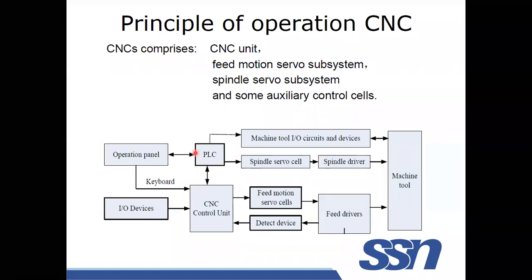Here PLC is programmable logic control. It is nothing but a switch actually. It can switch on or switch off the required operation in terms of a few megahertz per second, so it has a very high capability. You can control a number of operations with PLC. It is a switching tool, an electronic device. Here it will control the machine tool IO circuits and devices. Spindle servo cells and spindle drives information is given from the PLC system. So any conventional or non-conventional machine tool you can consider. With the help of the block diagram, you can explain the working of a CNC machine tool.